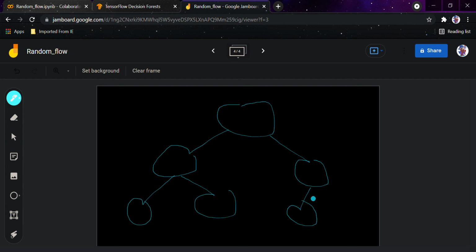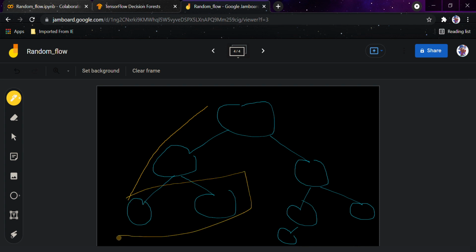If someone asks you what is the maximum height of the tree, what would you tell? This is a question of basic data structure. You would go deep into the tree first, and you would see that okay, it's giving me a height of 3. Now we would go here, then here, and then here, and it's giving you a height of 4. Hence the maximum depth of the tree is 4.